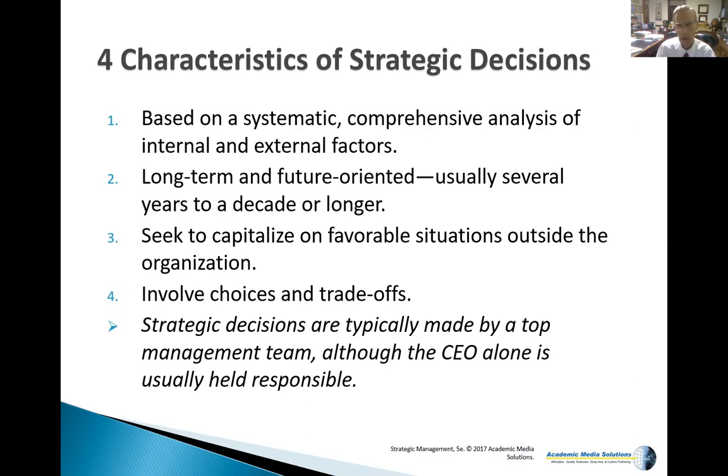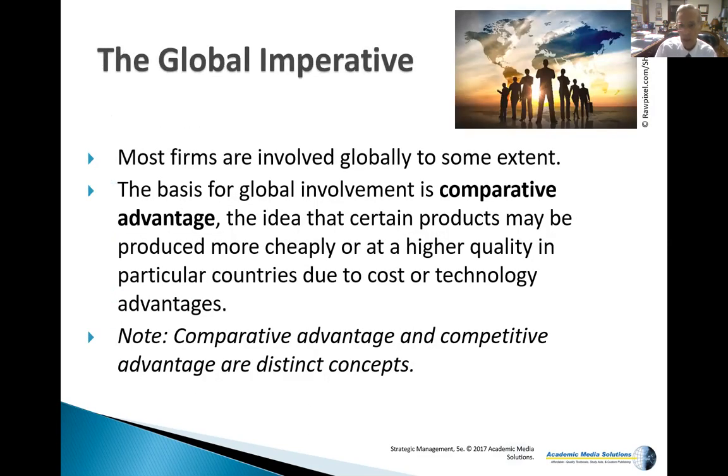Obviously, to do this well takes talent. And so the last point that Parnell makes is that these decisions typically require a team, a top management team with a lot of different kinds of skills, and often consultants, folks that are brought in to provide their skills. It takes a team to do this work usually. But at the end of the day, the chief executive is the one who has to make the decision regarding the methods of strategic management that is chosen and those big decisions. And after all, that's why he or she gets paid the big bucks, right? Okay, so